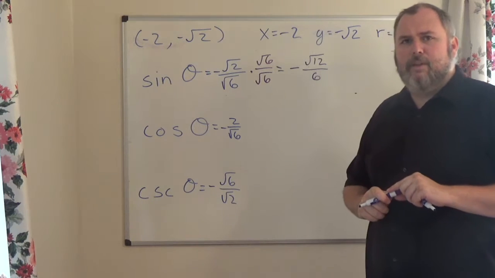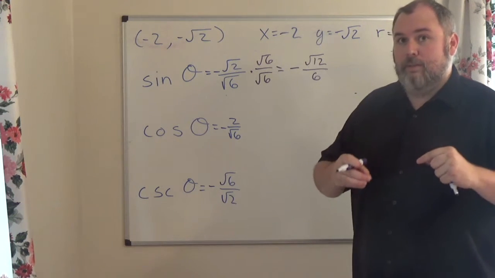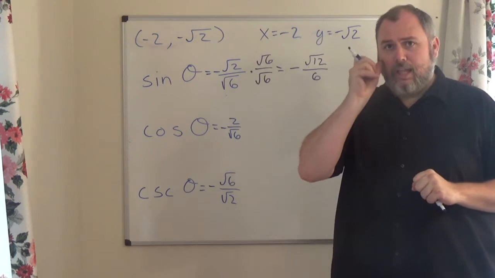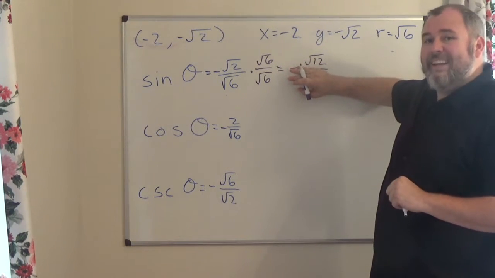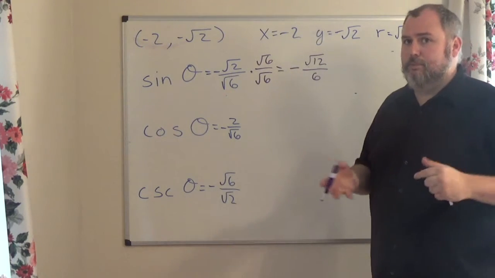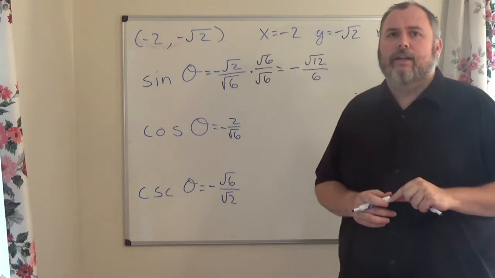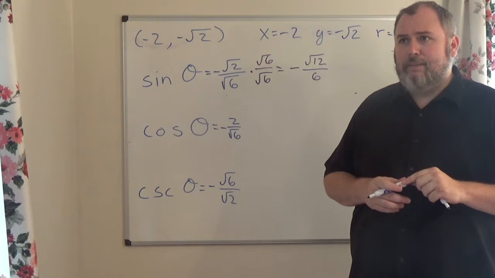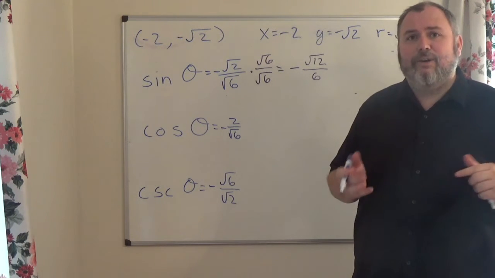Alright, so this may be where you probably have stopped, but we can actually go a little bit farther. Go back all the way to Module 1, where we were dealing with square roots. We can factor out this square root and make it even simpler. So think about it. Remember when I was talking about factoring square roots, we are going to try to find the largest perfect square that we can factor out of